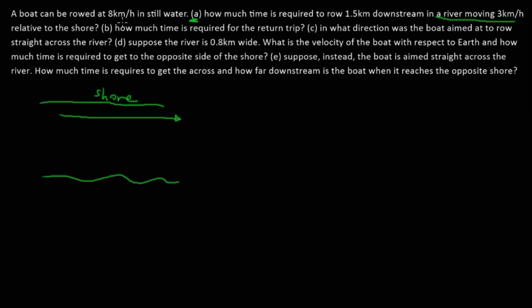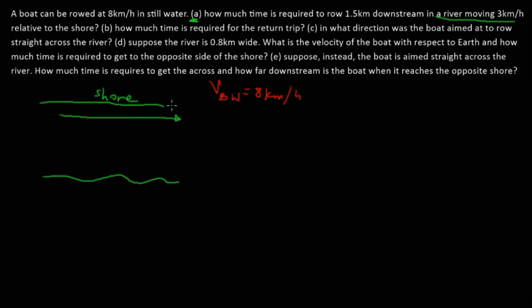A boat can be rowed at 8 km per hour in still water. So 8 km per hour is the velocity of the boat that it can maintain whenever it's in still water. That means that velocity is the velocity of the boat relative to water. We do not yet know the direction, but we know that the velocity of the boat relative to the water is 8 km per hour,